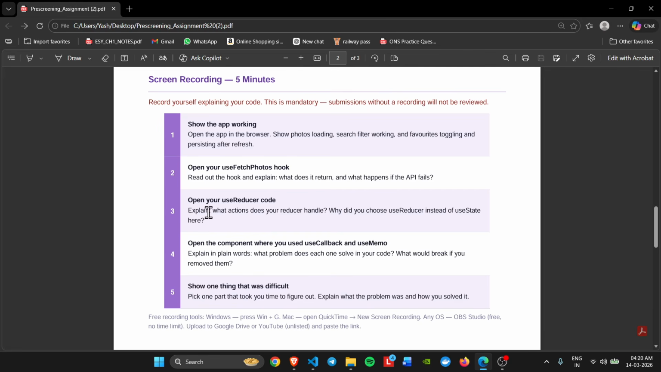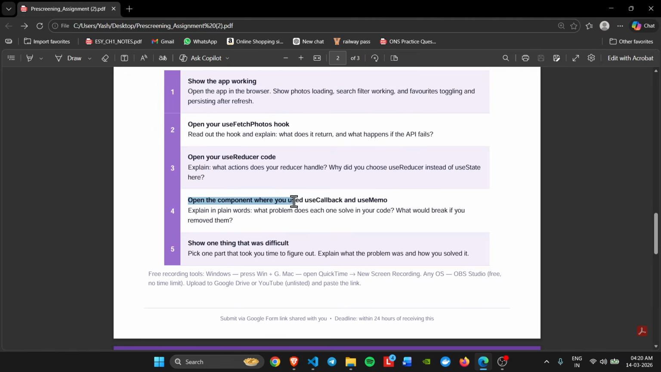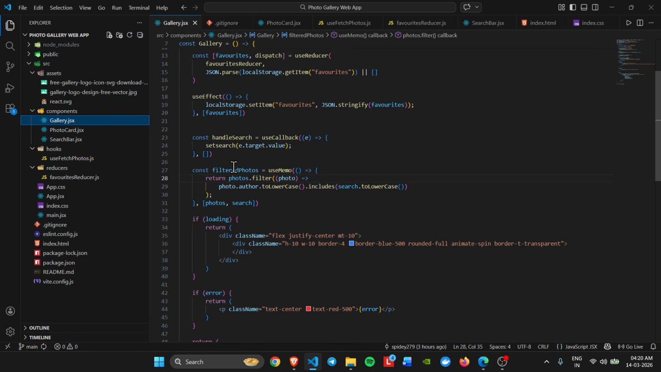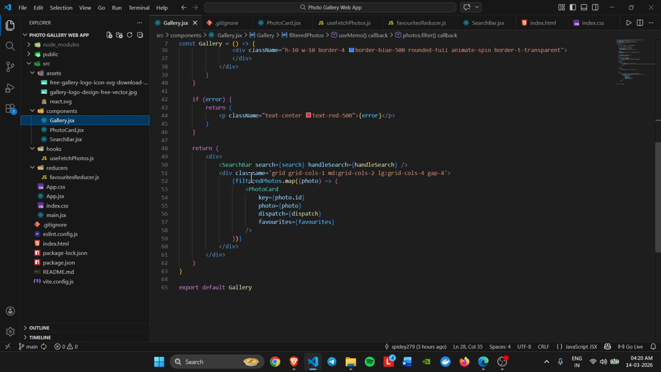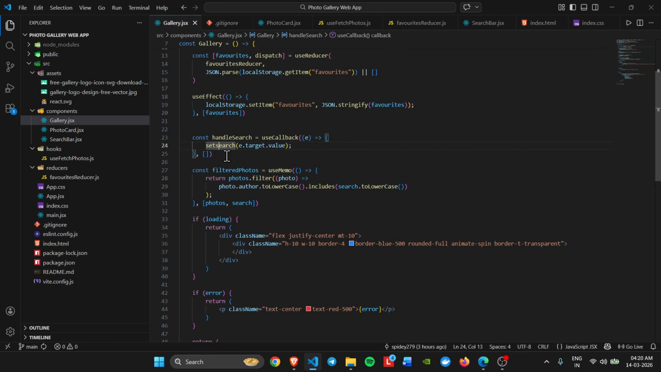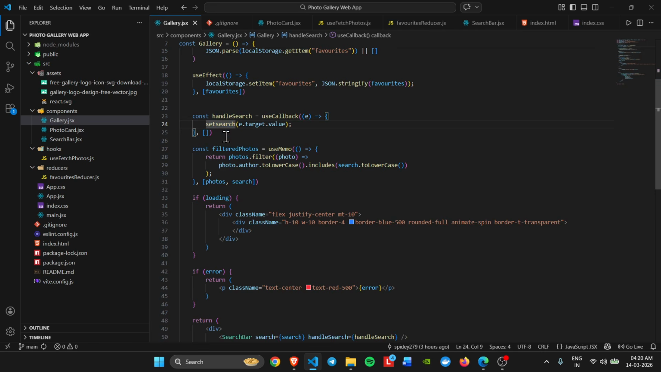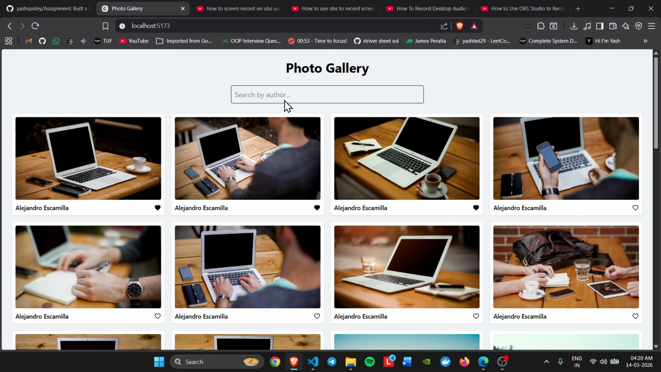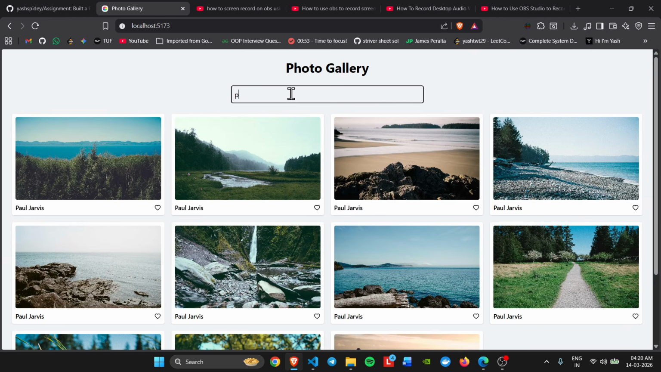Then the component in which I have used useCallback and useMemo. So here I have used useCallback. I have used useCallback here for this handleSearch function, which runs when I type something here. Like if I type P,